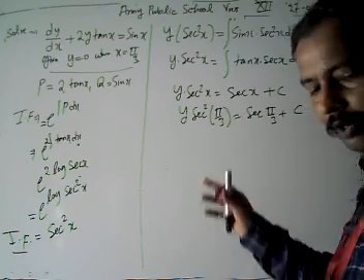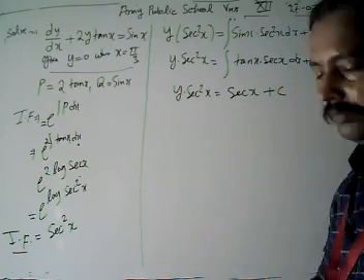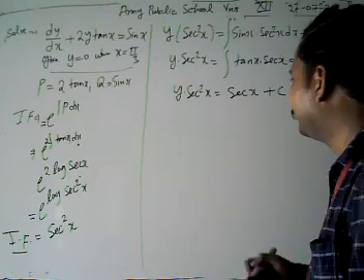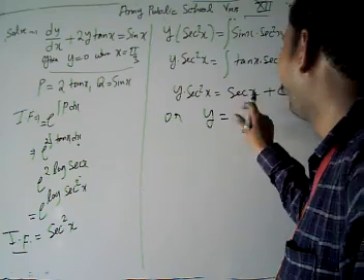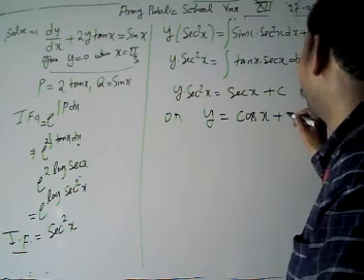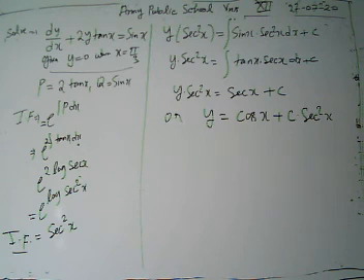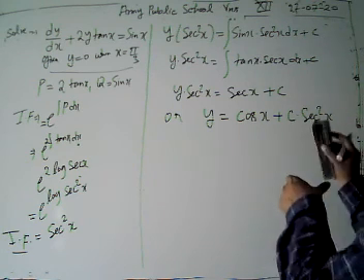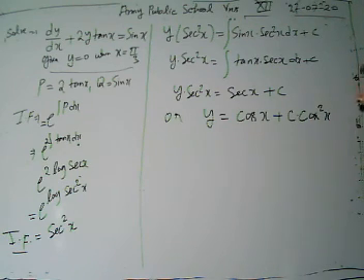Look, we can solve it and make it easier to find the value. We can divide these terms by sec x. Then our solution is given by y sec x equals, since 1 by sec is cos x, cos x plus c into sec square x. Now we divide by sec square x, so y equals cos x plus c into cos square x.